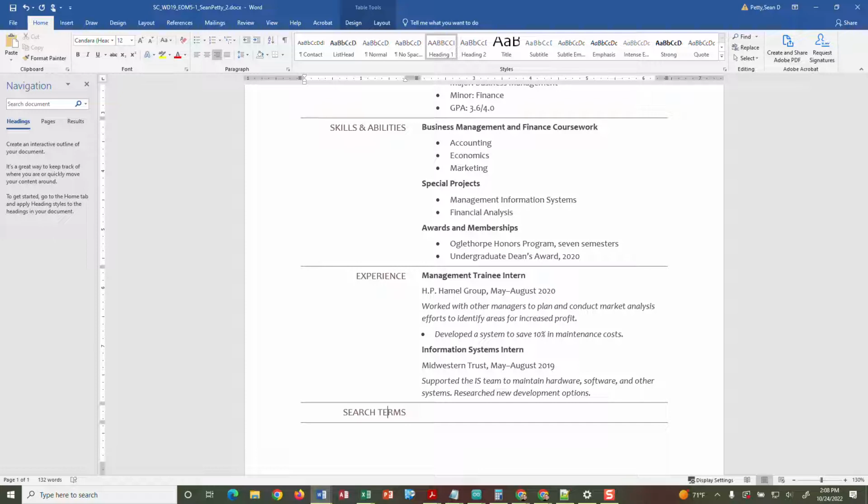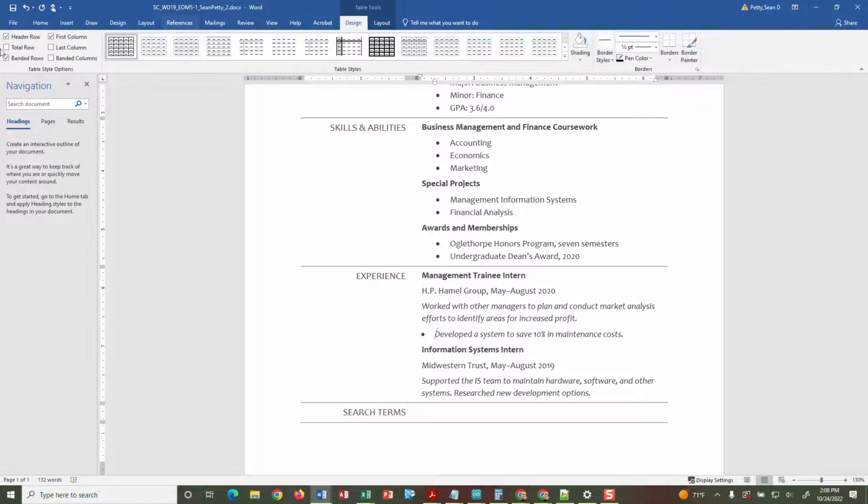So step number 8 says change the bullet in the experience section to a right pointing chevron from the bullet library, symbol 216 in Wingdings, to call attention to the bulleted experience item. Okay, so right here we're going to change this bullet. Now we've already done this step before in class on a different project, but what I'm going to do is